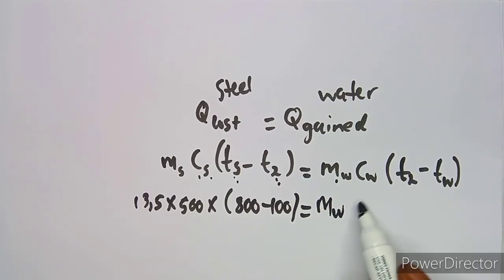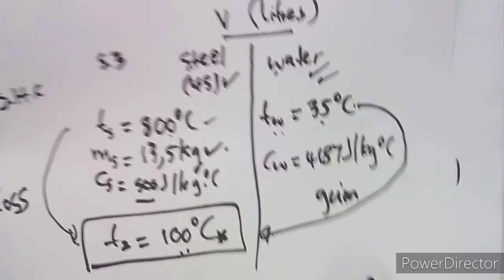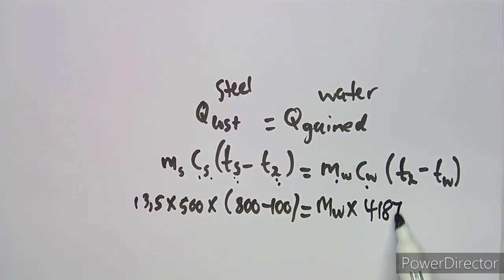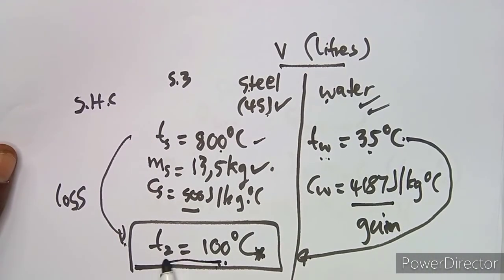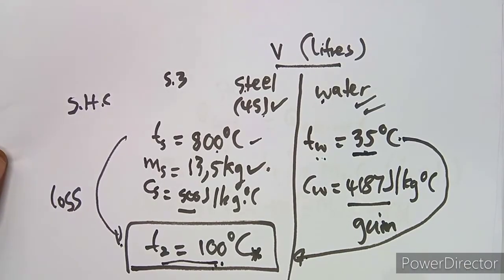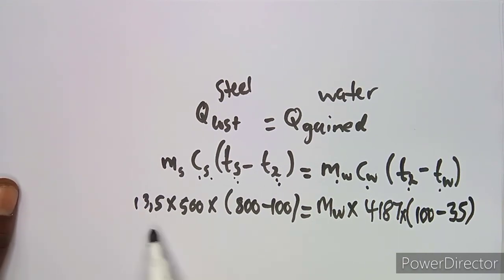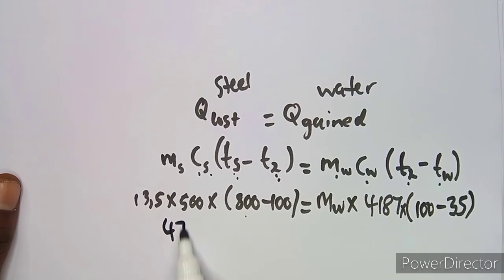This is equal to mass of water, which we do not have, times the specific heat capacity of water, which is 4187, times T2 minus T water, T2 which is 100, minus the temperature of water, which is 35. So it's 100 minus 35, like this. All right, you can just combine these numbers, guys. This part here, if you multiply 13.5 times 500 times (800 minus 100) in a bracket like that,